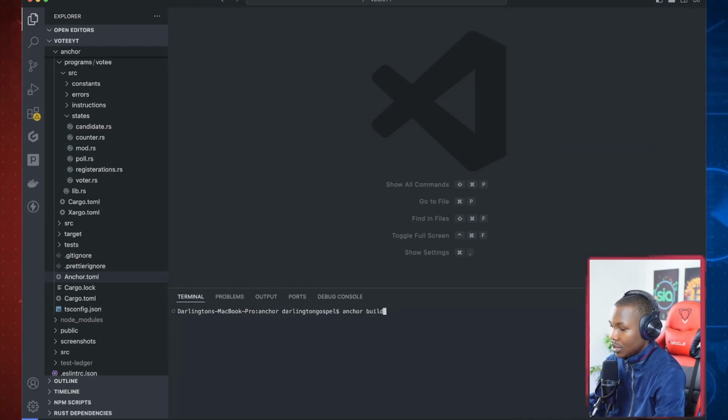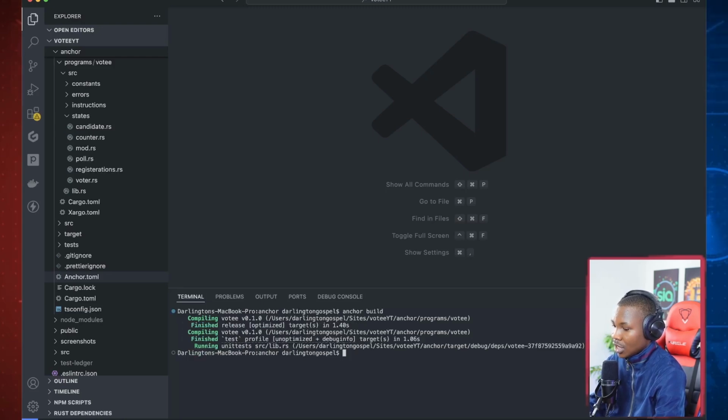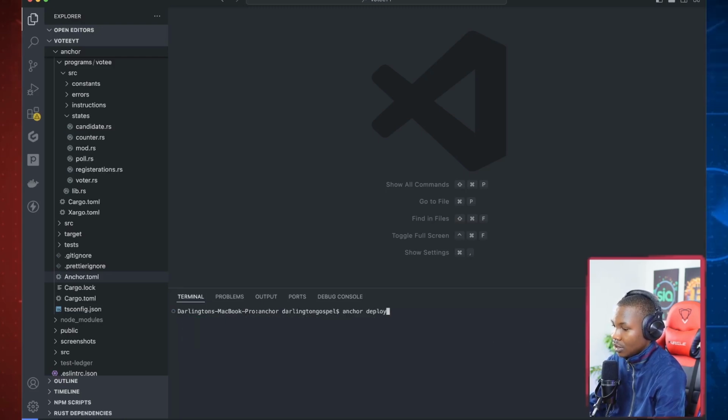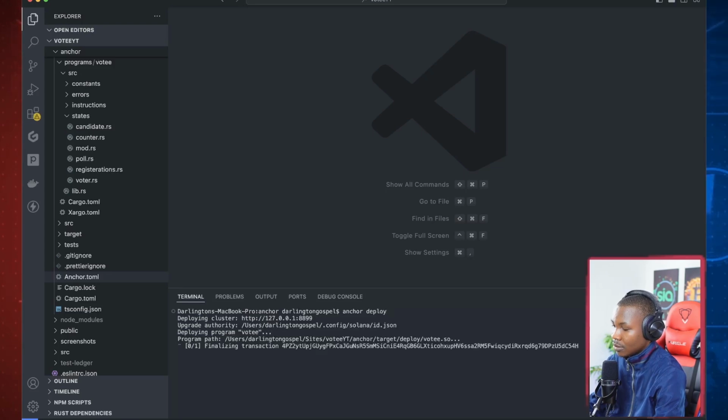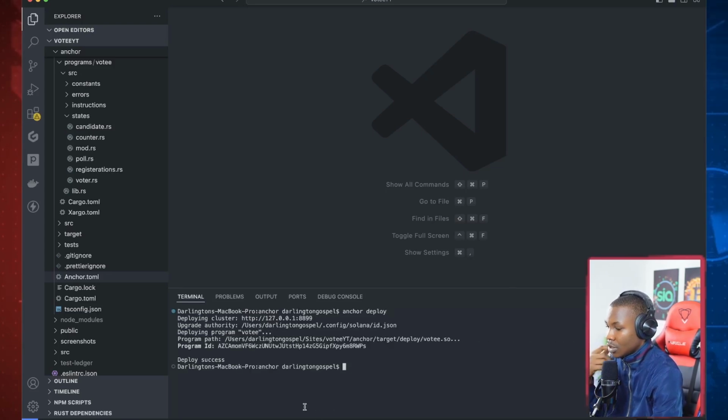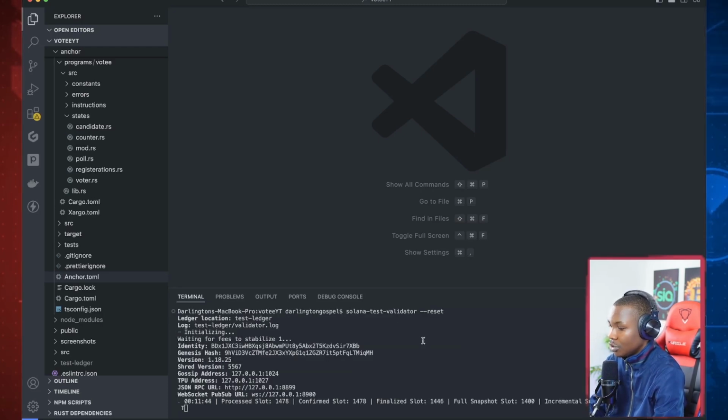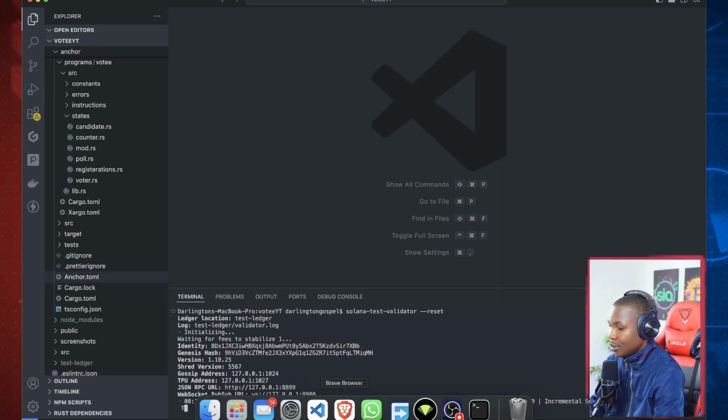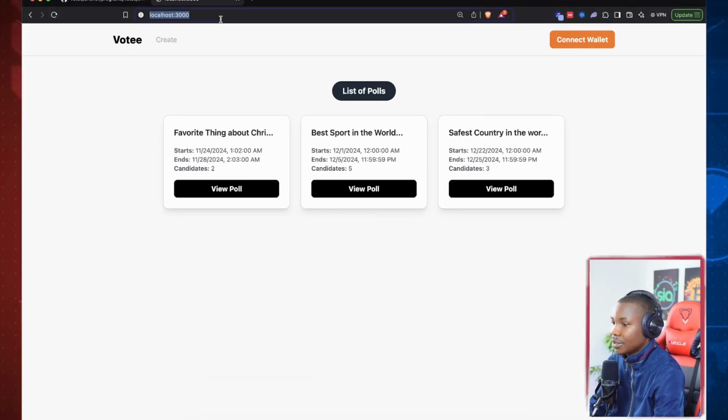Then I'm going to build this again, because I made those few changes, and after building that, I will deploy to that network again. Okay, so we are cool. I'm going to copy this address. You know that we have the Solana blockchain running right here. So we need to come to Explorer,